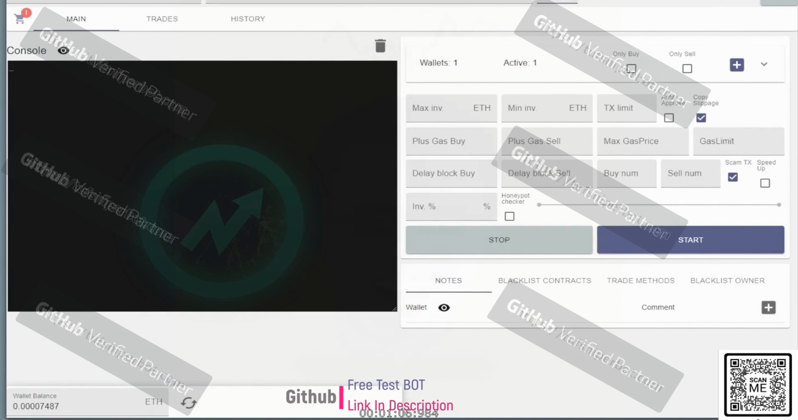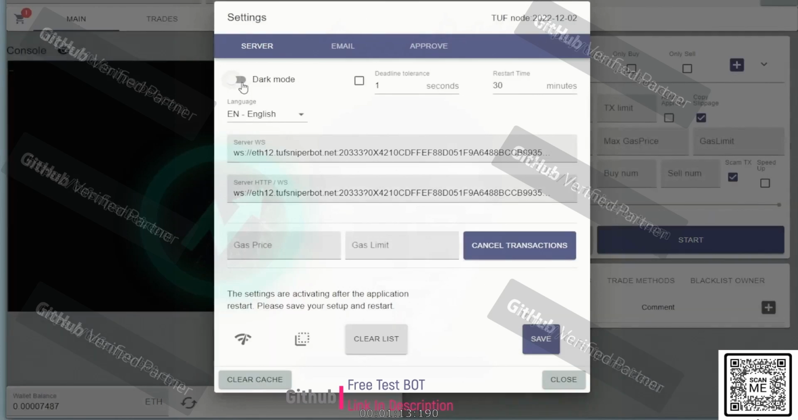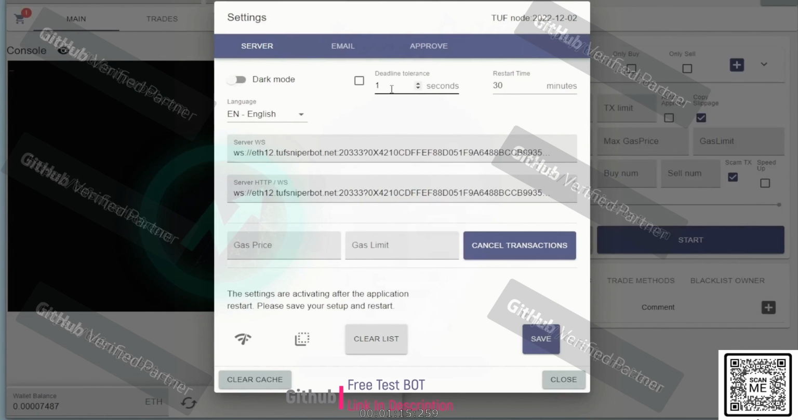Next to the profile settings, there is a settings button where you can set up dark mode or normal light mode, and deadline tolerance. Deadline tolerance is to check if someone is sending a transaction in the past, so basically it protects against getting scanned by the tracked wallet. Usually I leave it at a couple of seconds, you don't need to go crazy with it,